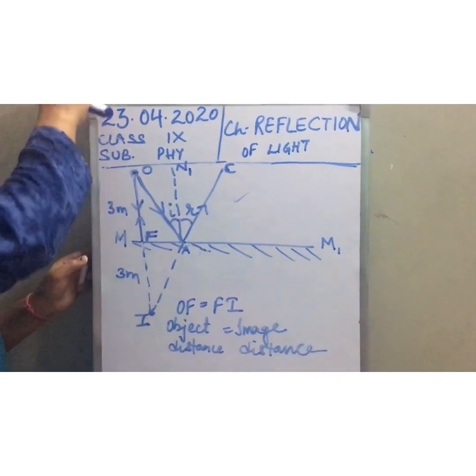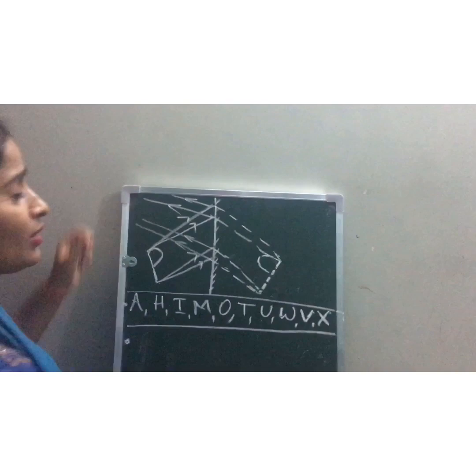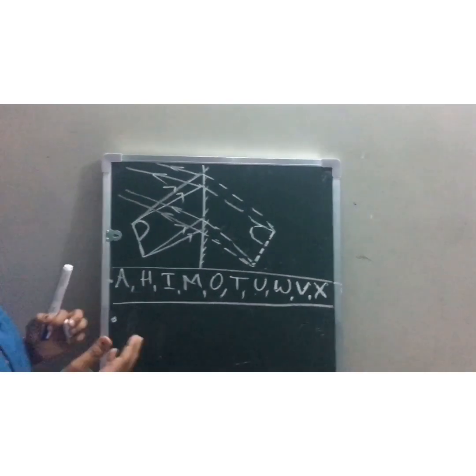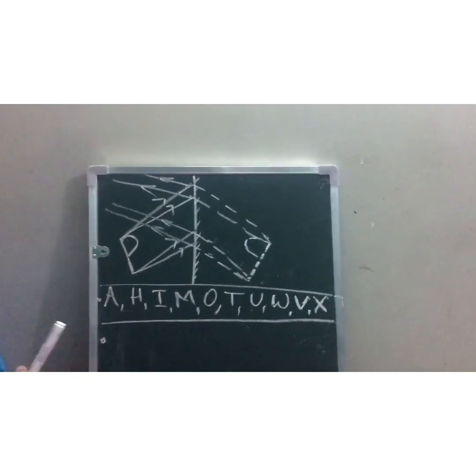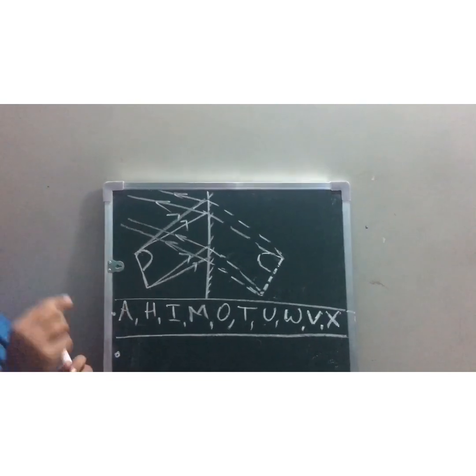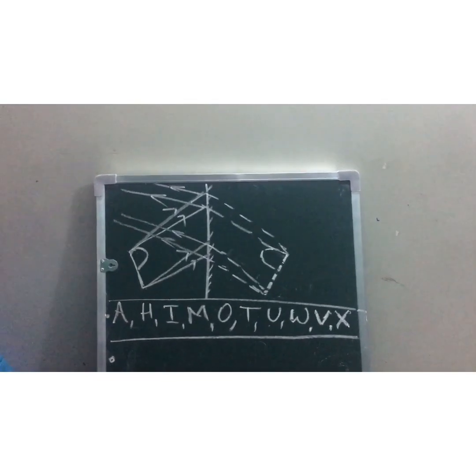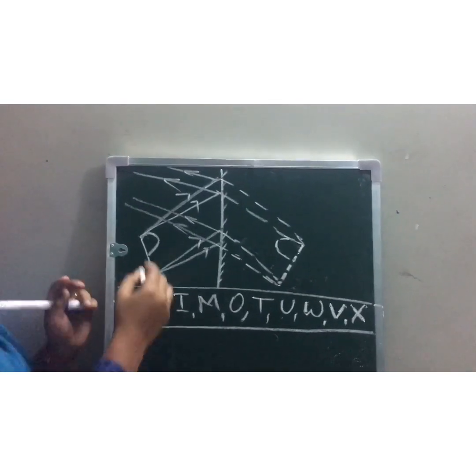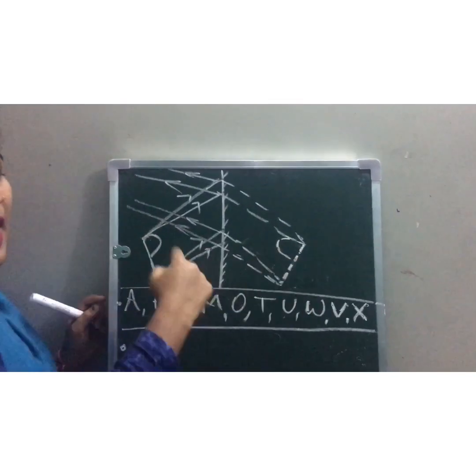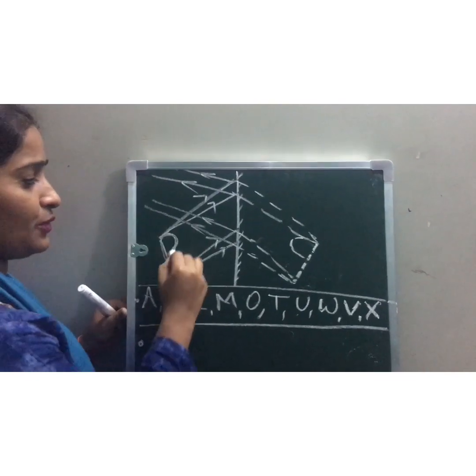Okay, students. Now, lateral inversion. How does a letter get laterally inverted in front of a plane mirror? Let's consider you make a P on a white sheet and keep it in front of a plane mirror. I'll explain how that P image is formed in the mirror. See, you have written P.